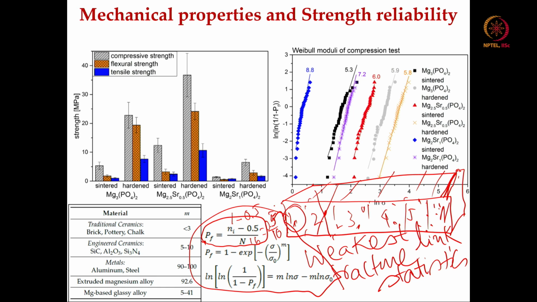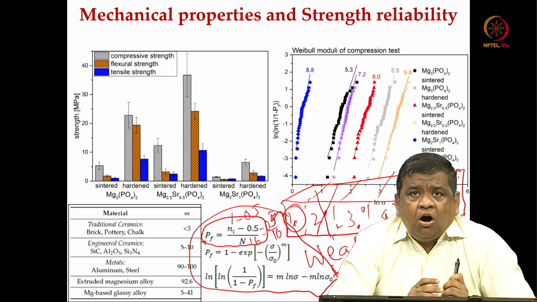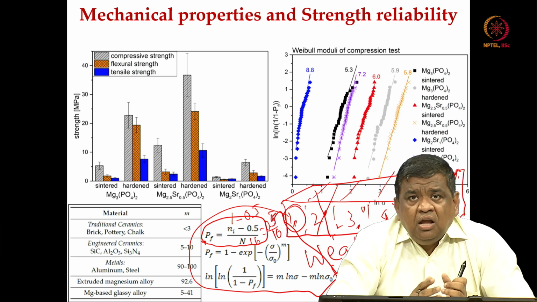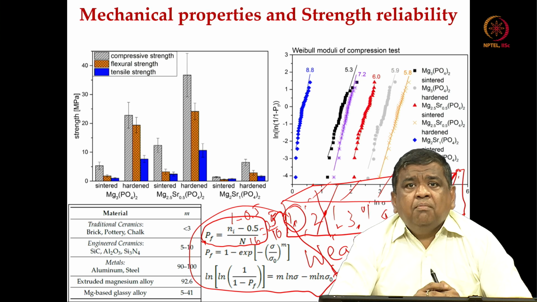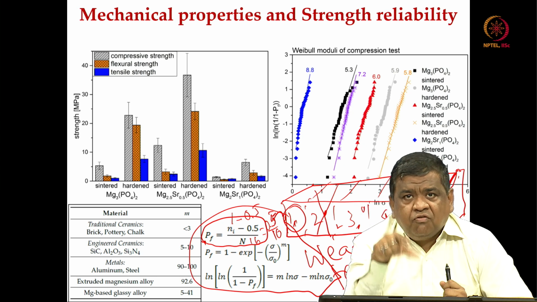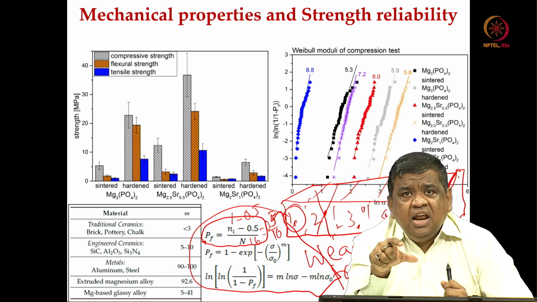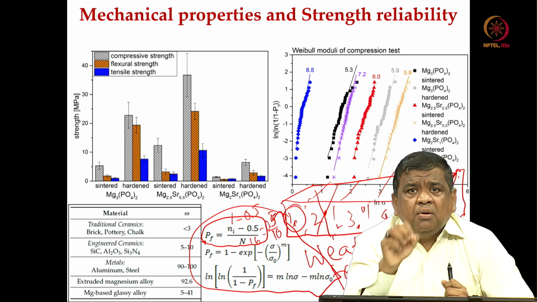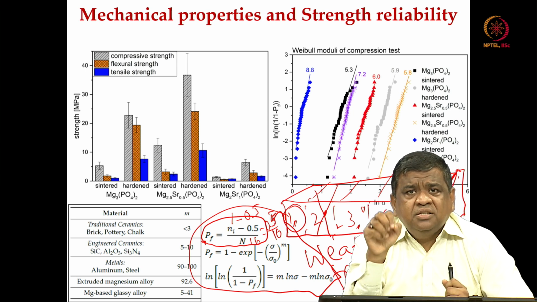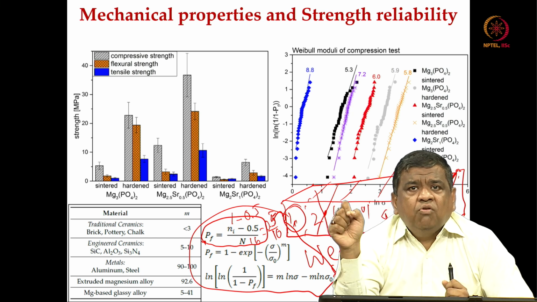And you may well remember from basic mathematics and statistics, the probability of any event must be less than 1, and the probability of 2 events, if these 2 events are equally probable at any instance, their sum total must be equal to 1. So, that means whether a volume element survives or fails, if the survival probability is P subscript s and the failure probability is P subscript f, their sum total must be equal to 1.